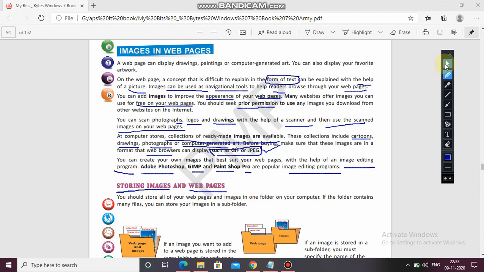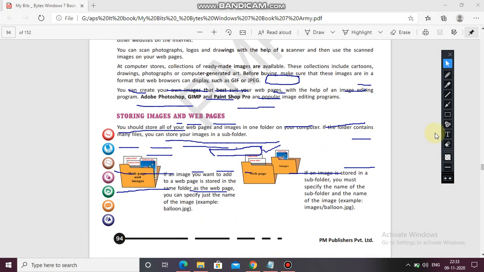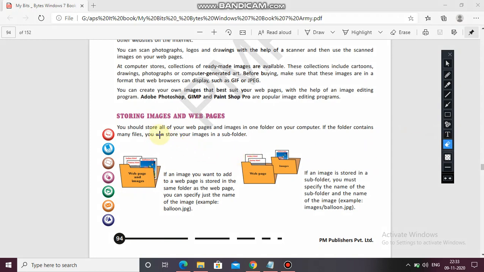Now, storing images and web pages. So let's see what this is all about. You can store all of your web pages and images in one folder on your computer. If the folder contains many files, you can store your images in a subfolder.